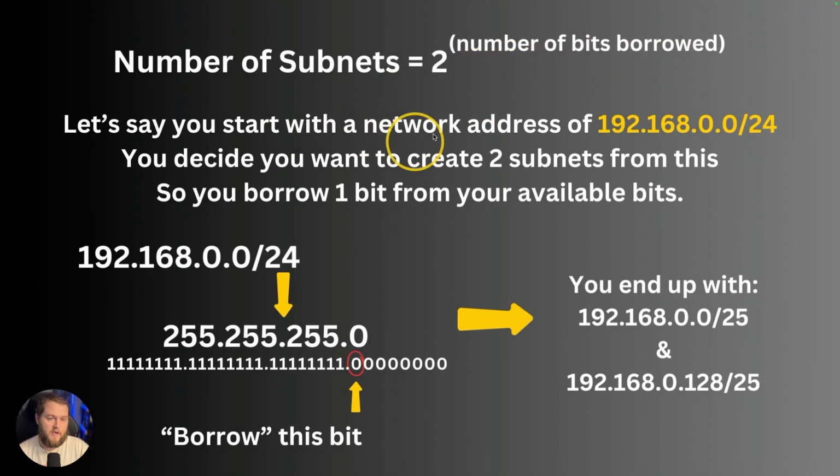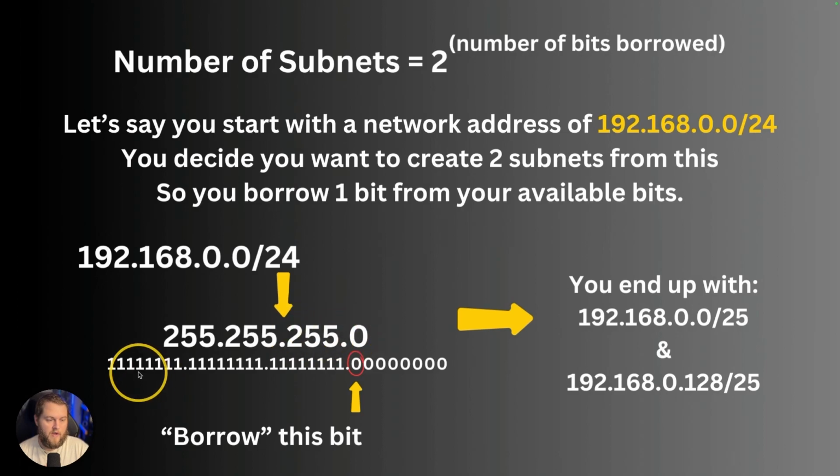Let's say you start with a network address of 192.168.0.0 /24. Pretty standard Class C address here. So you decide you want to create 2 subnets from this. So you borrow 1 bit from your available bits. So 192.168.0.0 /24, which we got from here. And then we know a /24 is